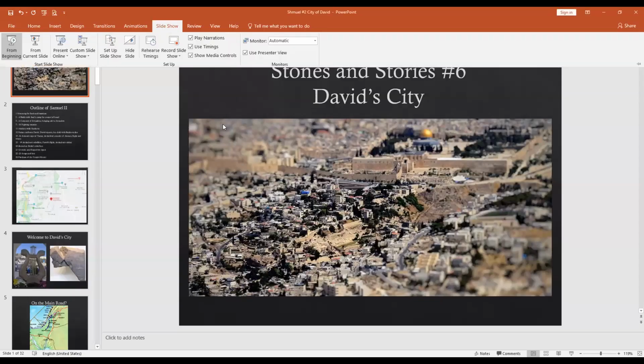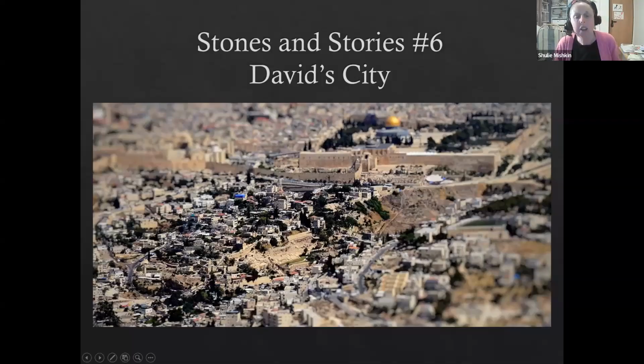Last week we did an overview of the first book of Samuel, Shmuel Aleph. This week we're going to do a more in-depth focus on Shmuel Bet, the second book of Samuel. We're going to focus on the city of Jerusalem in the time of King David, but since we're there already,